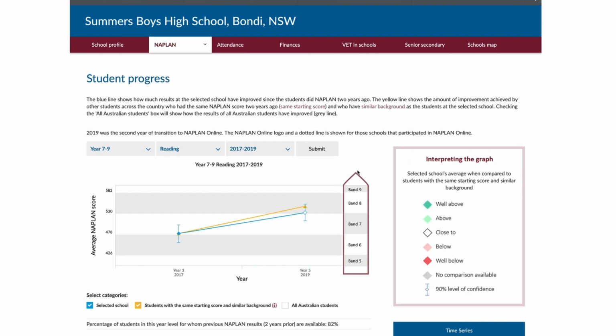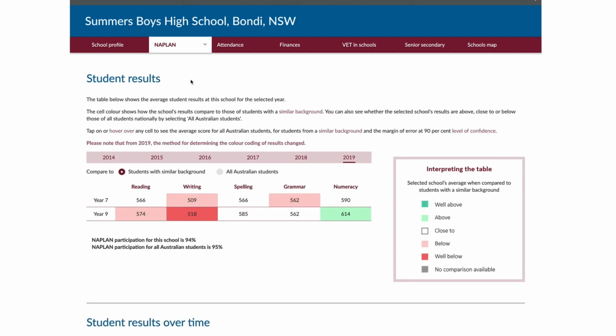Another way to view NAPLAN results is in the Student Results tab. Here you will see a colour-coded table with the school's average student results. The colours indicate the performance of the students at the school when compared to the performance of all other students with a similar background. Clicking on the All Australian Students box will change the colours of the boxes, because you